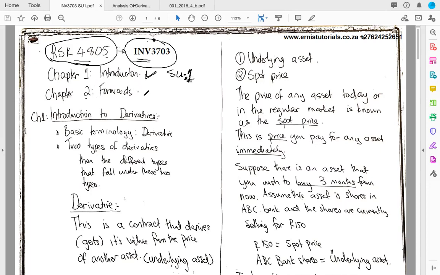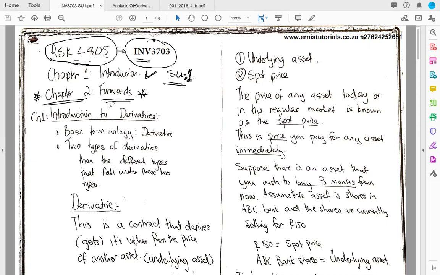With regards to forwards, I don't think I'll be able to cover any part on forwards in this particular class, but I will most likely look at forwards in the class that will come afterwards, maybe the second class. So in this class, I'm just going to look at study unit 1. I'm going to introduce you to derivatives, what derivatives are, what they involve, and all the theory and the important